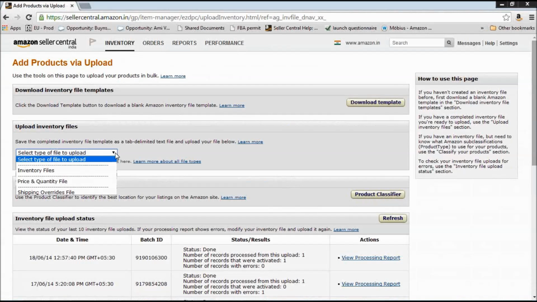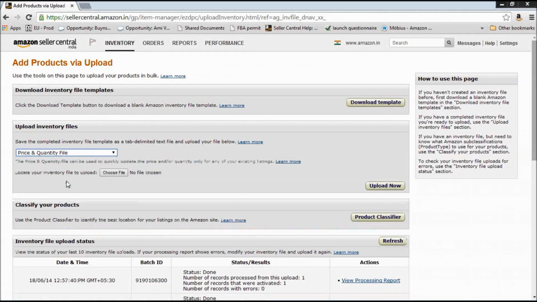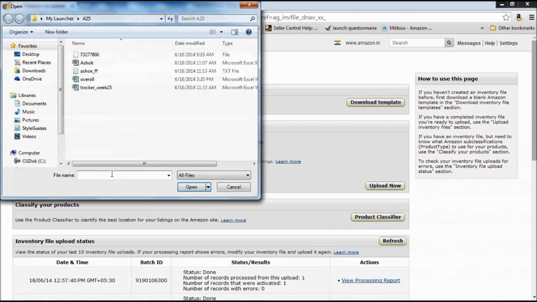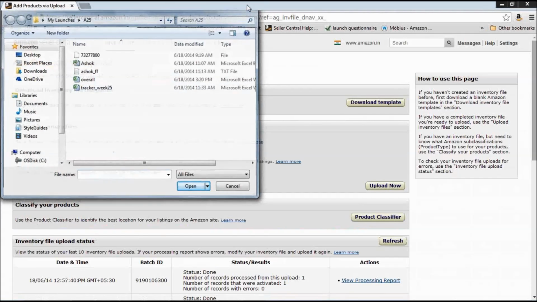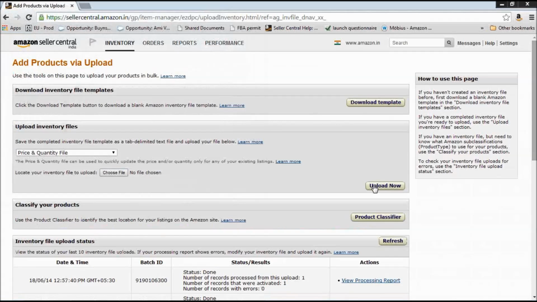This time, select the type of file to upload as price and quantity file. Choose the file by browsing through your computer and click on upload now. And that will update the price and the quantity for all of the products that you have mentioned in that